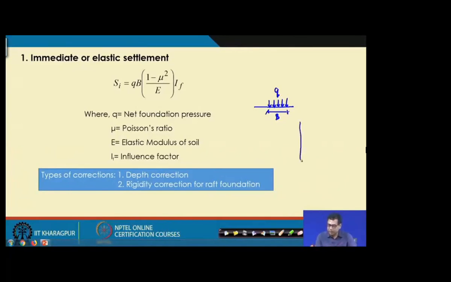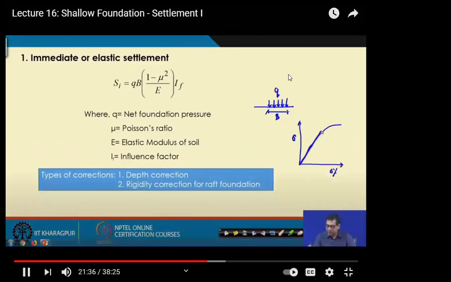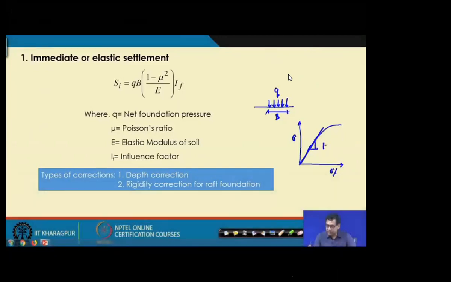So, how will we get the elastic modulus? We get it if we have a stress strain curve. This is the axial strain and this is the stress diagram. In soil we have this type of stress strain curve. Elastic modulus means the slope of the stress strain curve in the initial straight portion. The slope of this curve will give you the elastic modulus of the soil. Basically it is the stress divided by the strain, and this is the elastic zone, that means the straight portion of the stress strain curve.